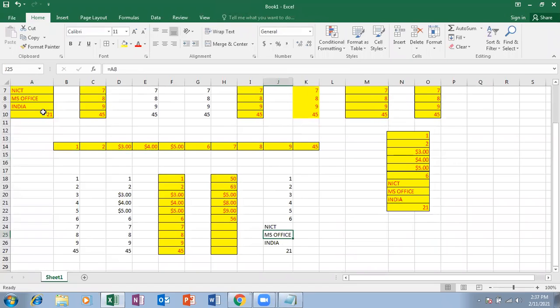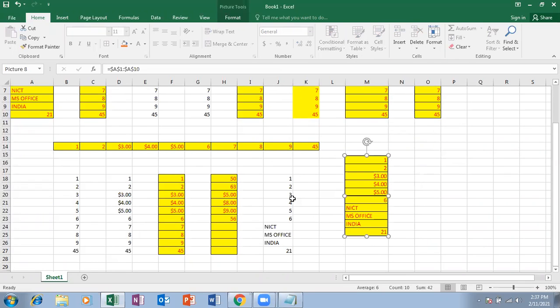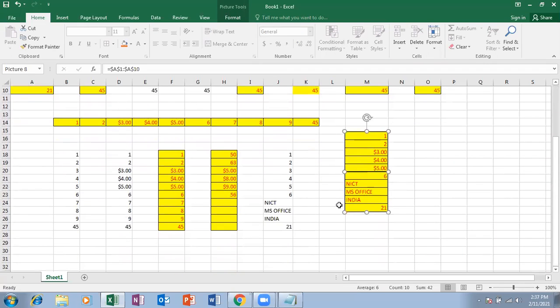It's a link of this source, right? Even if it gets changed here, it's not a picture, and it's a picture. What? Linked picture. Even it gets changed inside the picture also. Basically, it's not that easy to edit something inside a picture, but it will get changed here also.